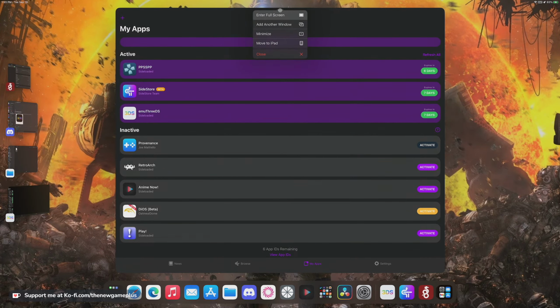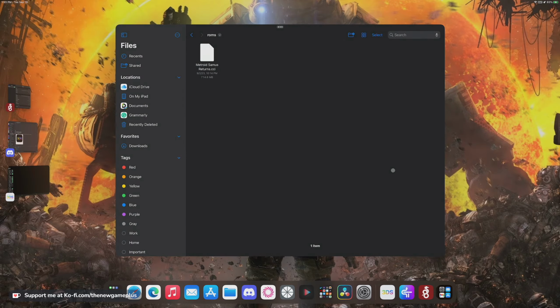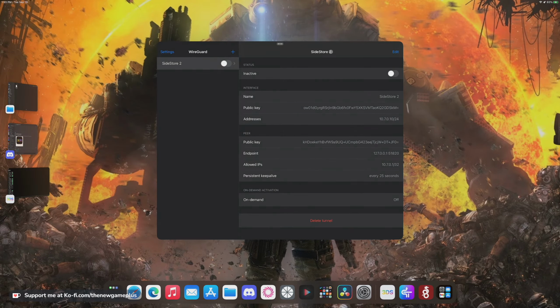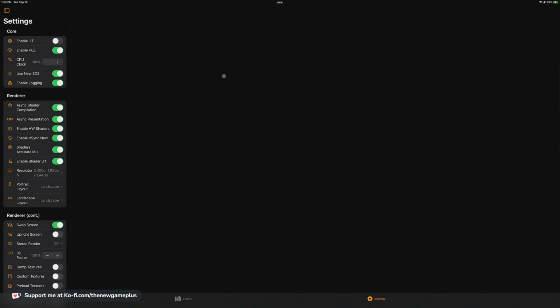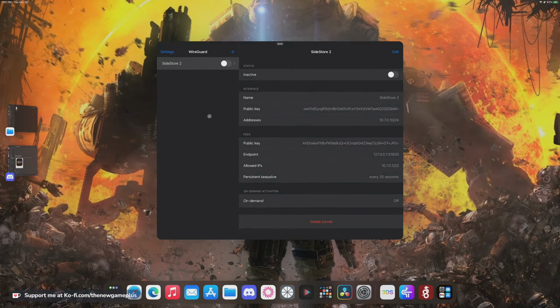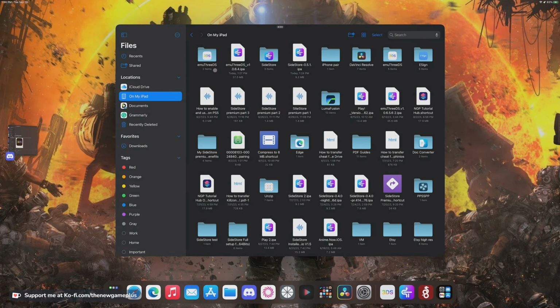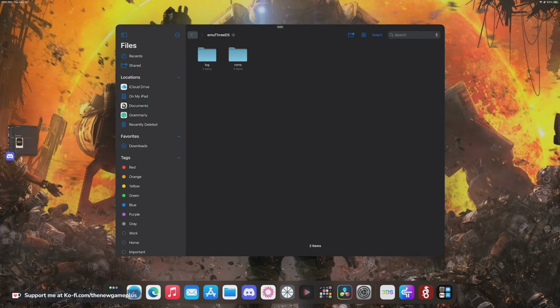So I'm gonna close this too, and let me make sure that I close this also, and I gotta make sure this is closed too. So let's close it all the way. There we go. Close this all the way. Because as you guys can see, I do have my games right here inside the emulator. But right now, something very interesting is happening,